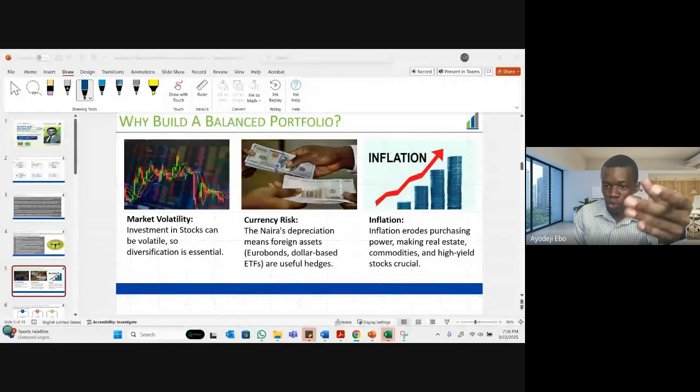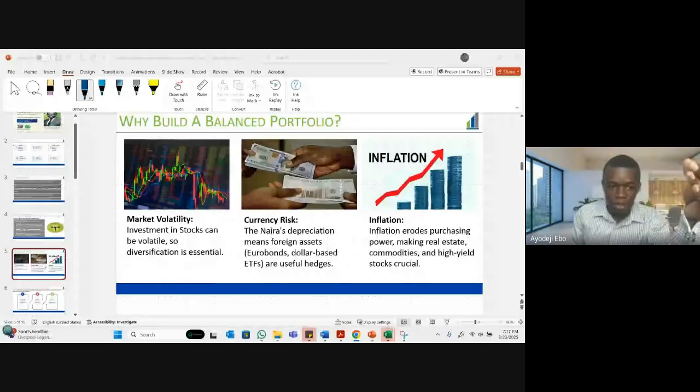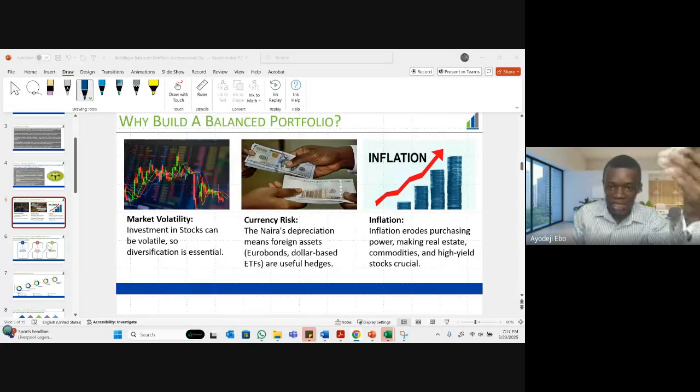Another factor to look out for is inflation. Most people, in the investment questions that we get, ask which investments can give you a return that is higher than the inflation rate? Which investments can bridge that gap? These are some of the reasons why people try to look out for building a balanced portfolio. So once you have that understanding of why it is necessary for it to be balanced, then we'll go into